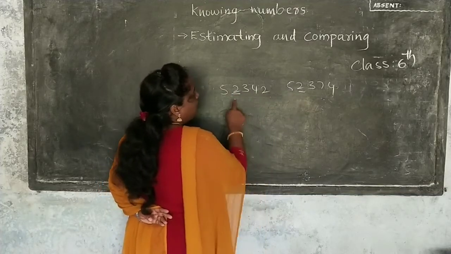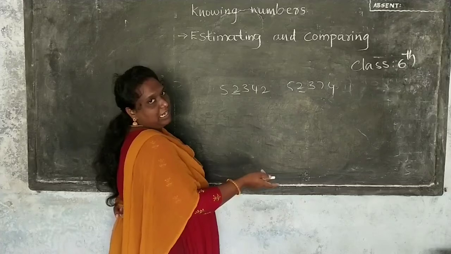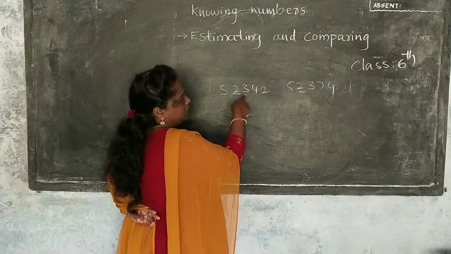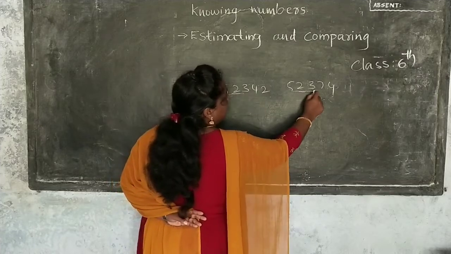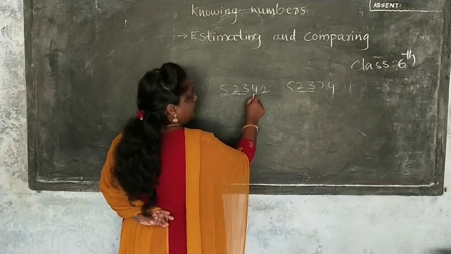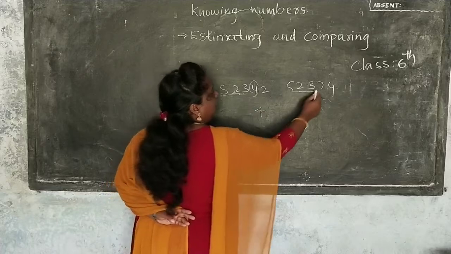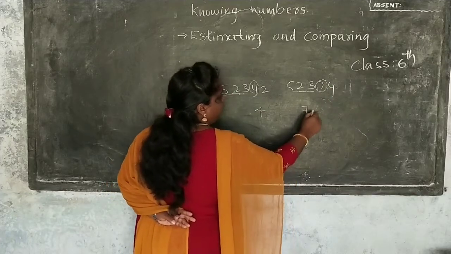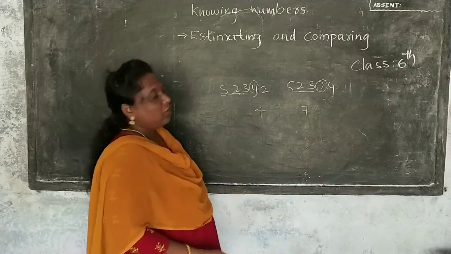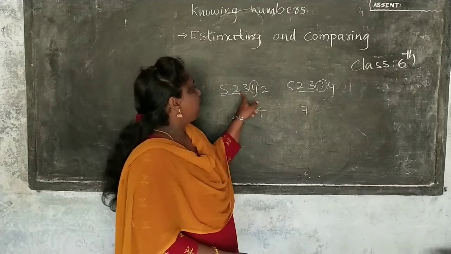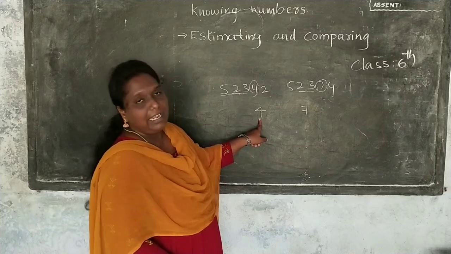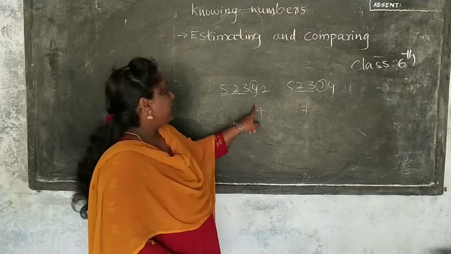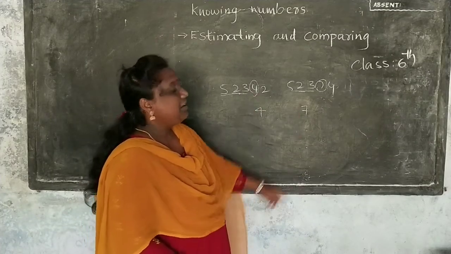2, 2. Here also the two numbers are equal. Next go to the next number. 3, 3. Up to here all the numbers are equal. Now we are comparing the next. Here we have 4 and here we have 7. Now we can compare because up to here all the digits are same in the given numbers. So now we are comparing the tens column number. So here in tens column we have 4 and here 7.